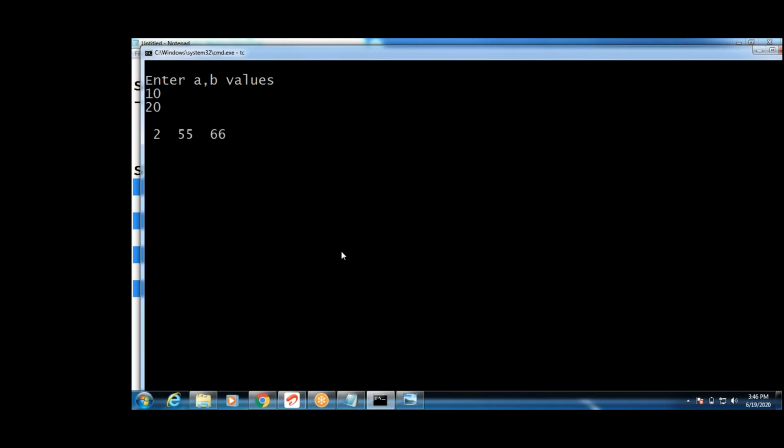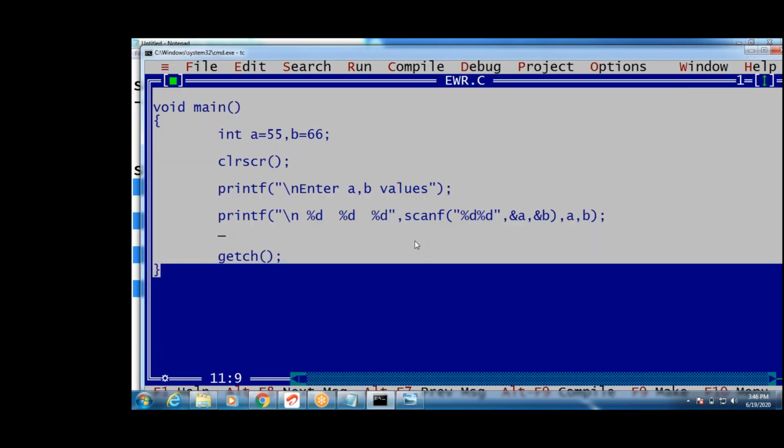Next one, guys. See this. Yeah, guys. Simple question only. Try to tell the answer first. Printf of percentile with a space I have given, and the printf of only one space between the two values.